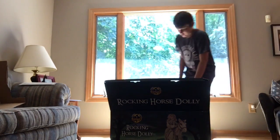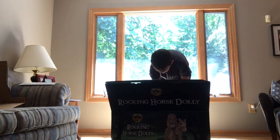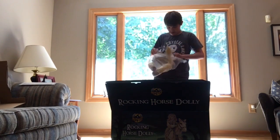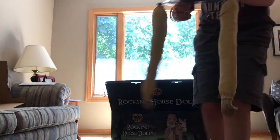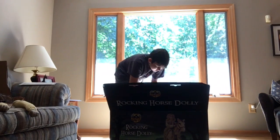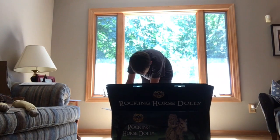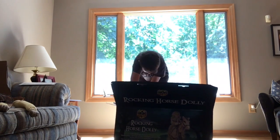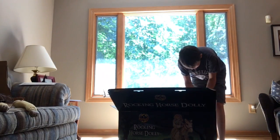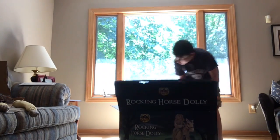Horse head. Near the end, I almost forgot that I had to put the horse head on. And there's her arms and her head. Everything was a lot easier to get out too. As you can see, I'm struggling to get out this cardboard. So I go and get scissors. So now I get the scissors clearly, and so I'm just cutting that out, and then